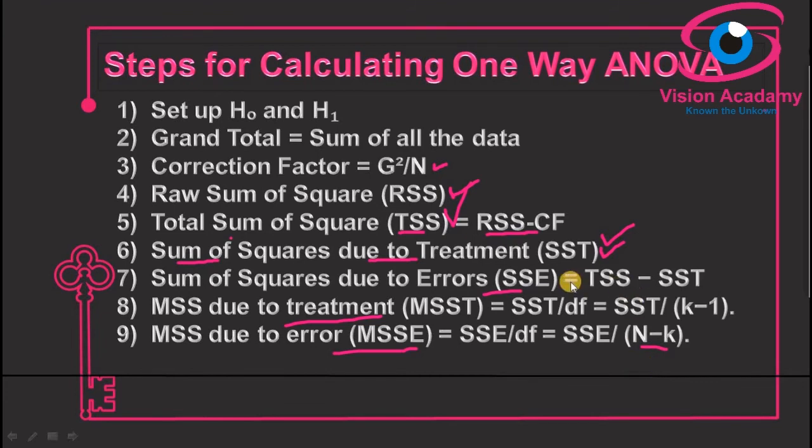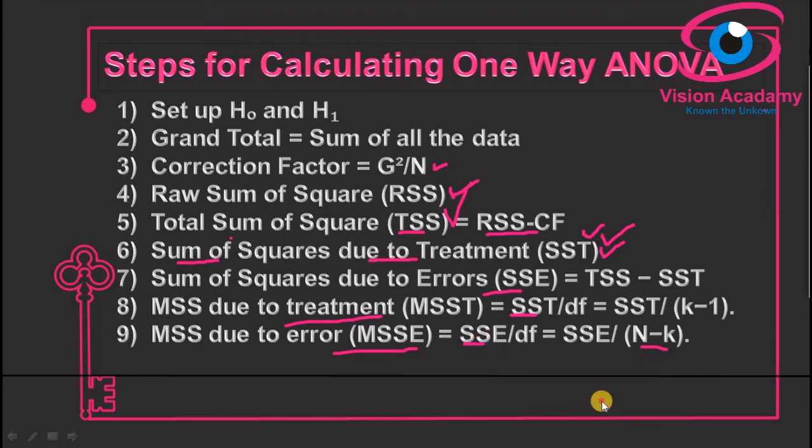If you got these steps, it is very simple. Here we have SST. SST in the further step, when we give treatment, it becomes MSST. For that SST, we have considered SST only. For MST, we have considered SST here. You can see in this formula. So this SST by degree of freedom, and for SSE goes to MSSE. So here same thing, SSE we have considered. So there is something like a chain link here. You need to go through one by one.